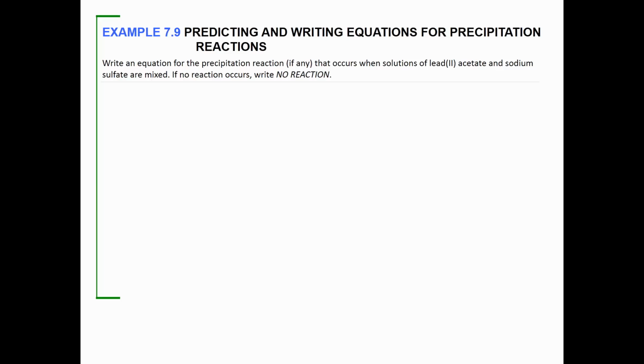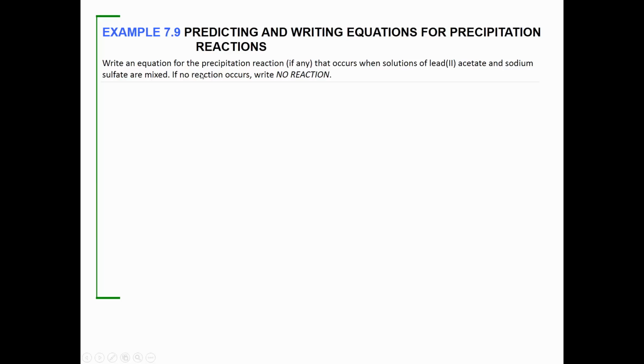So I'll go ahead and read through this. Write an equation for the precipitation reaction, if any, that occurs when lead 2 acetate and sodium sulfate are mixed. If no reaction occurs, write no reaction. Okay, we're not going to worry about whether or not the reaction occurs. We're going to assume that it does. We're not going to worry about what the precipitate is. We just want to look at,